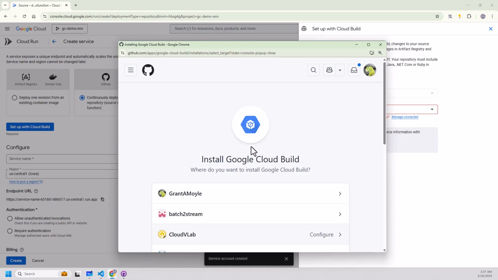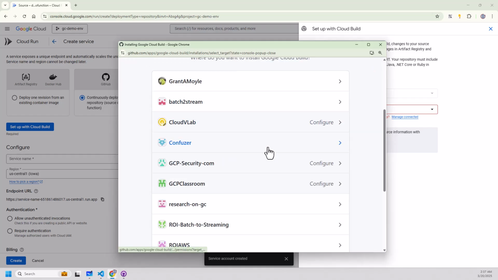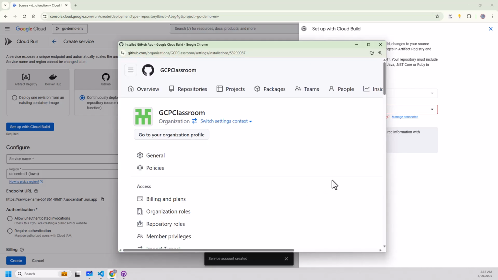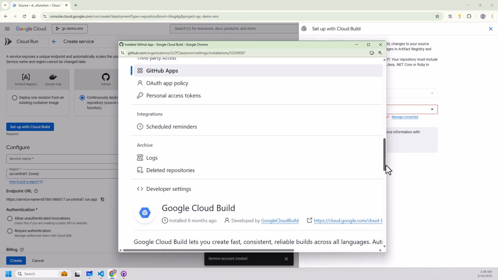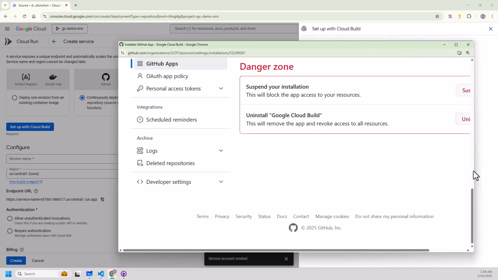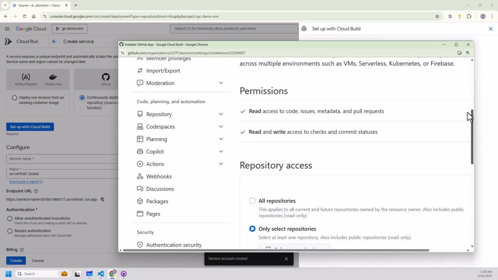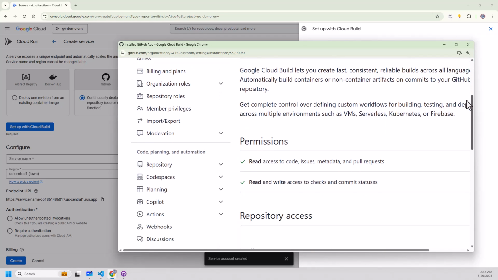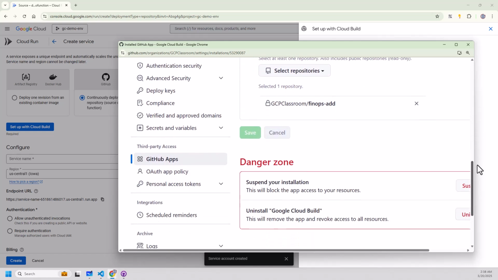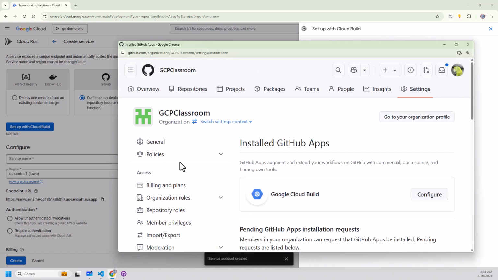So it's taking me over to GitHub, and these are all the GitHub that I have access to. So we're going to go into the GCP Classroom where we have this. And what we've got here is the public Git, and this has all the different pieces to it. But one of the pieces we need is the GitHub Apps. And the GitHub Apps we see here that Google Cloud Build is connected to this